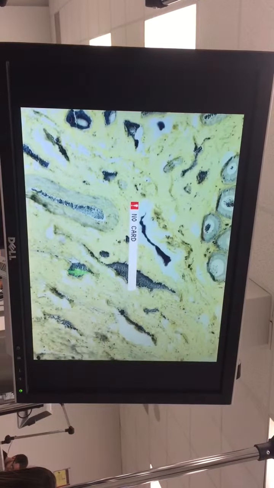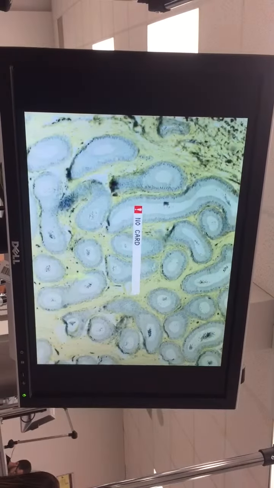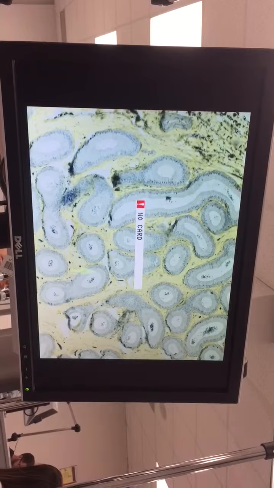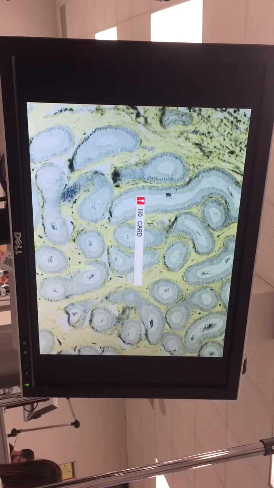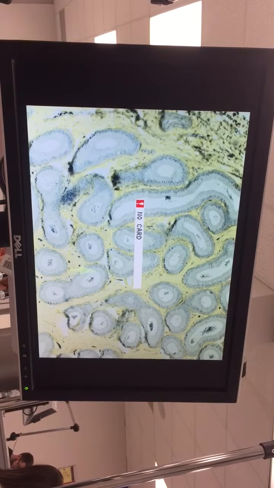Now all of these that we see here, those are blood vessels. But right over here, there's the epididymis. Now in some of these slides, you can find the rete testis as well. Don't have it on this particular slide. So as we look at the epididymis,